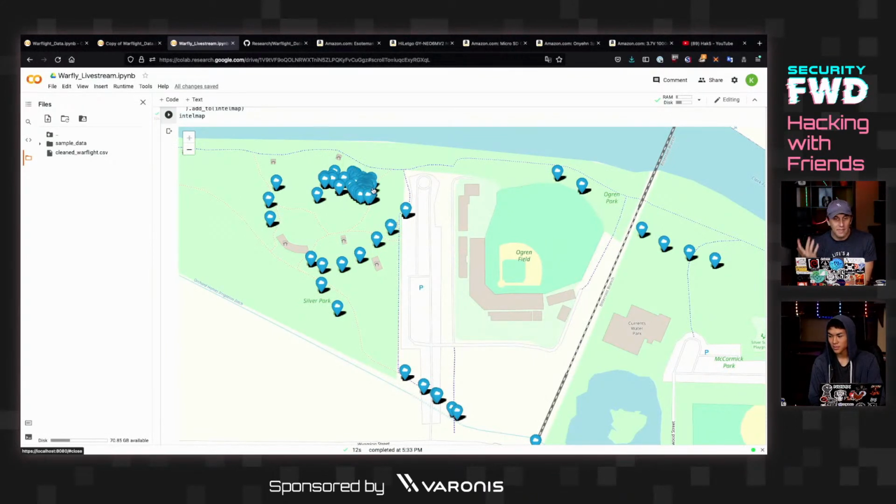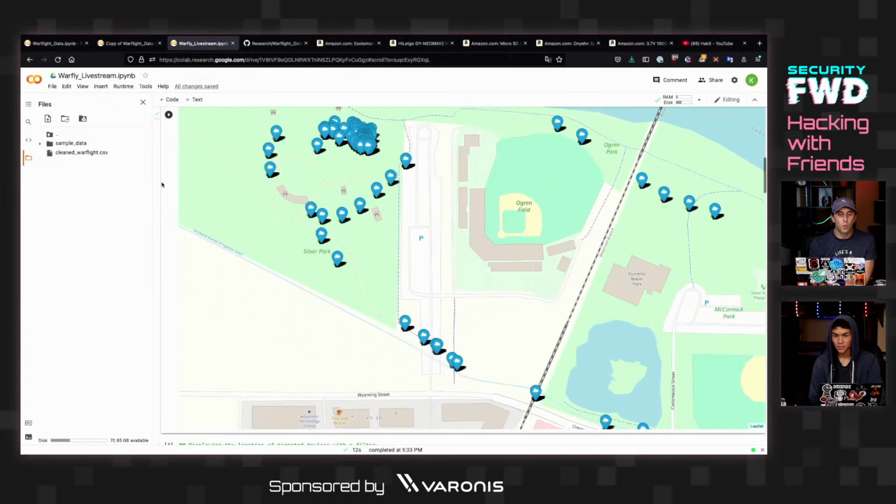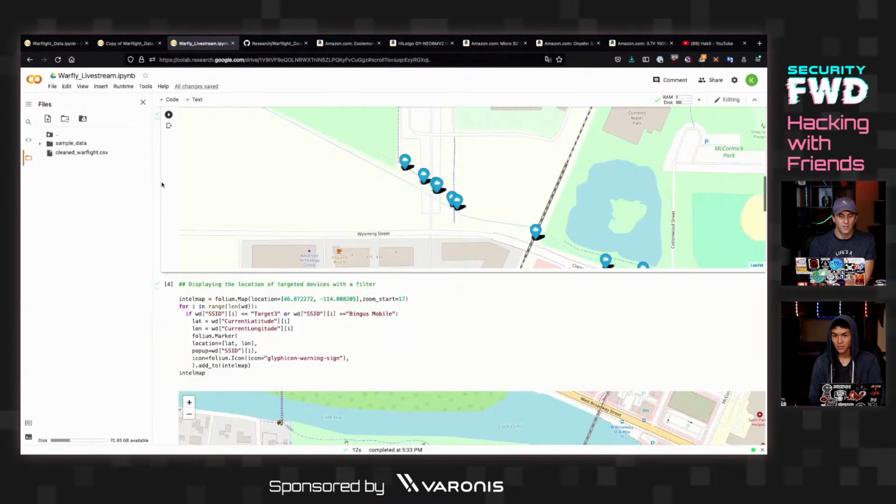So what does that mean? It means that this was basically recording a whole bunch when we were launching, and we need to do something to start cleaning up this data. Or, I mean, we can cut straight to the point and start just looking for our target devices. So in this case, let's just look for our target devices. Rather than trying to plot everything right now, let's see if we can do a simple detection by using just